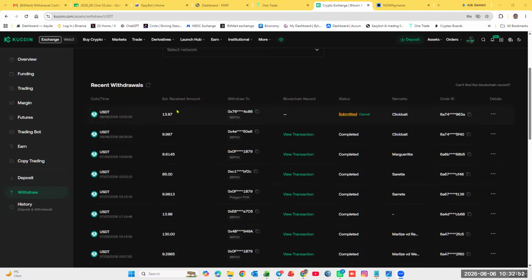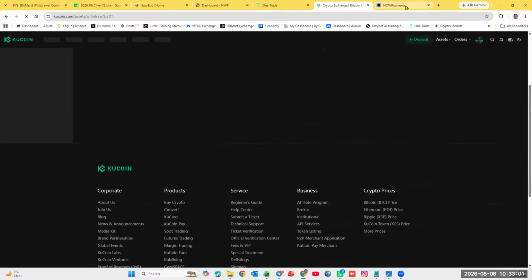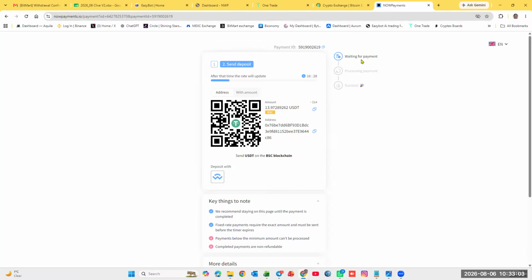So I've done mine. I've done it out of my KuCoin account. I did the withdrawal of that money, and I'm just waiting for it to be finished. You will see the period here, so you just need to wait for the process. Usually about 2 or 3 minutes after the funds are out of your exchange wallet, you will see the process coming in. I'm stopping the recording so that my video is not too long.